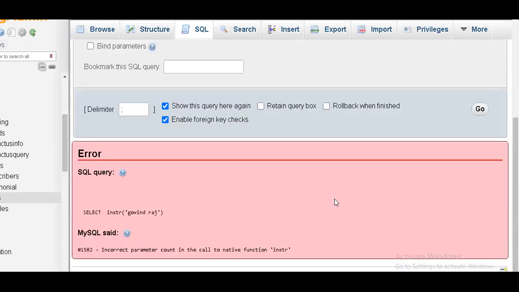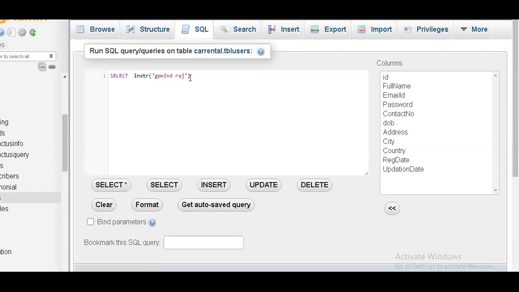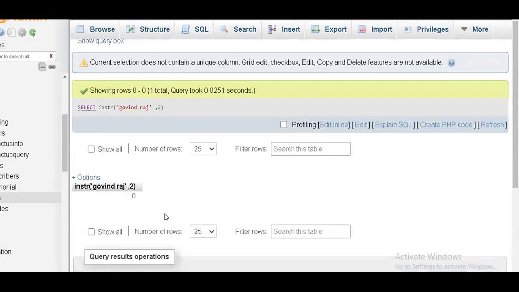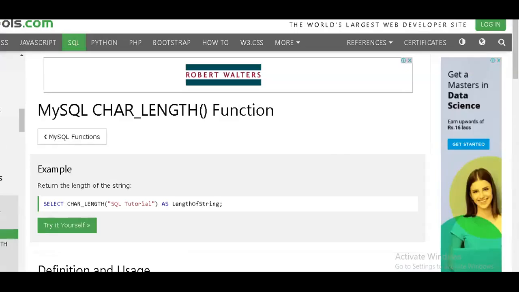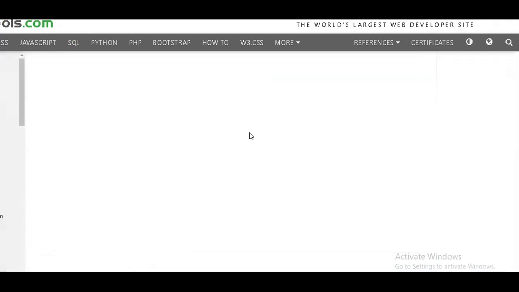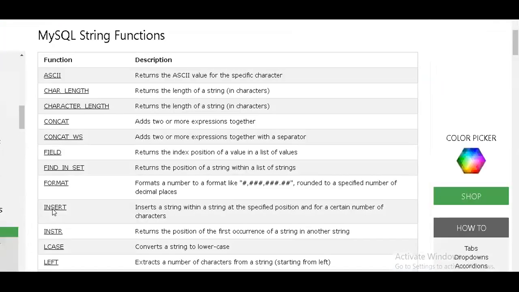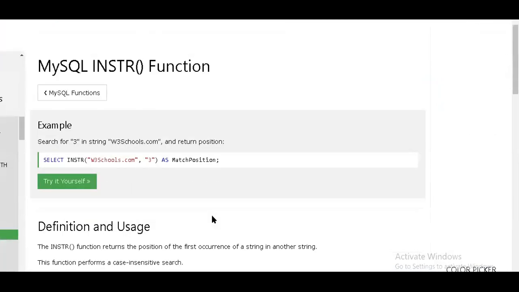So we have to compare something like this.